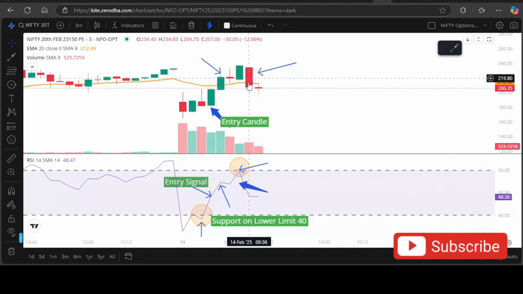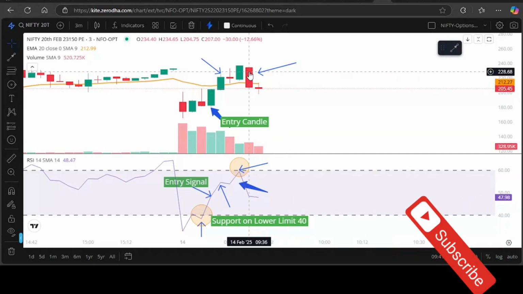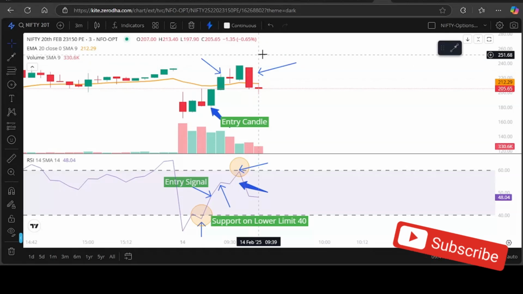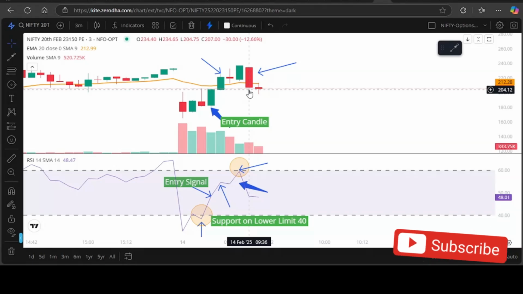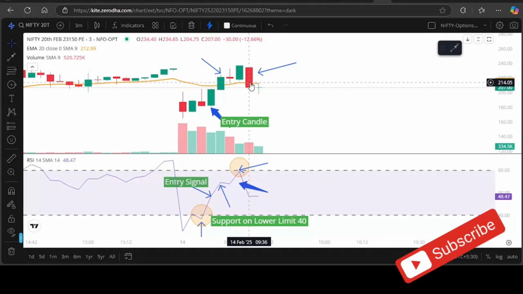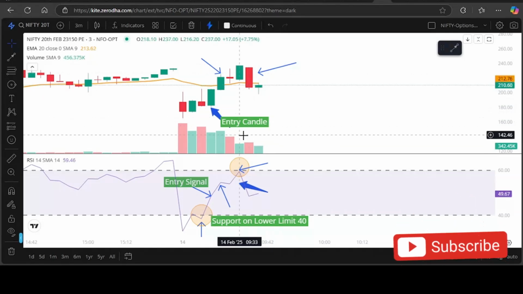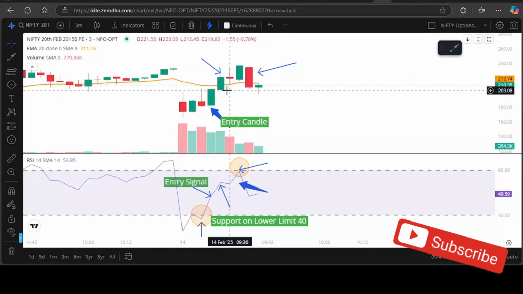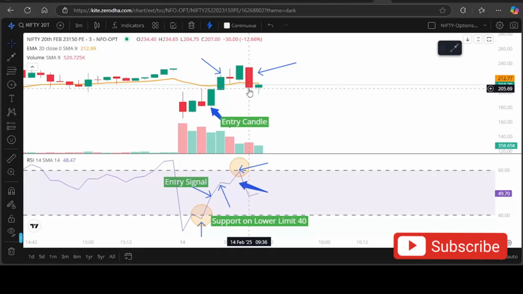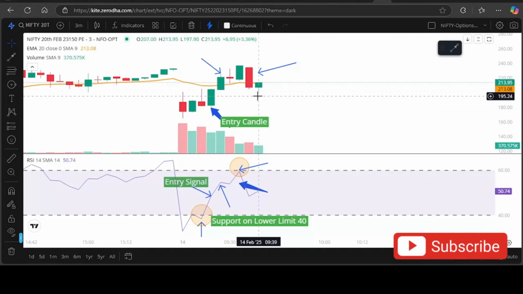Okay, it's a good candle, a good big red candle. The only problem that I have with this is there are no good wicks. I always look for an upper wick and a lower wick with a good body, but there are no wicks over here. So I suppose this might be a fake breakout kind of candle. It seems like it's going to go down, but it might not. Okay, so we'll just wait for one more candle to get over, which is this one, and then we'll end